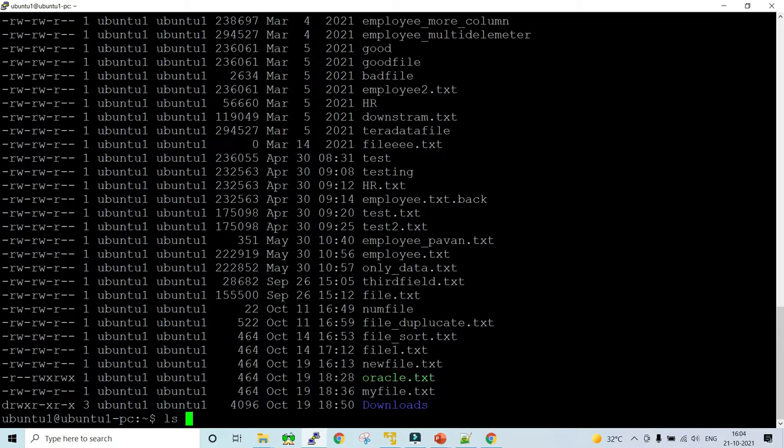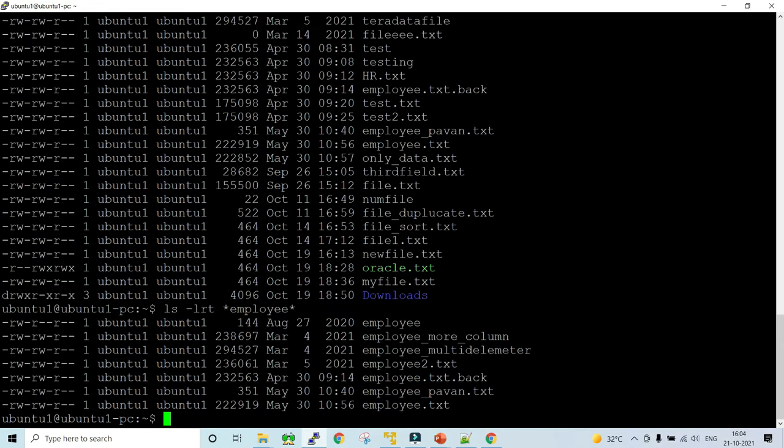The command will be ls -lrt, and you give a star, and then my criteria is that the file name should contain employee, and then again I give a star. This star means that it can contain any character after employee. Now if I press enter, it will give me all the files which contain employee. This is also one of the use cases of the ls command: if you want to search for a file with a particular pattern, you can use the star wildcard operator.